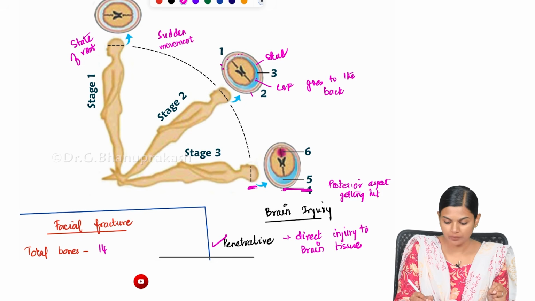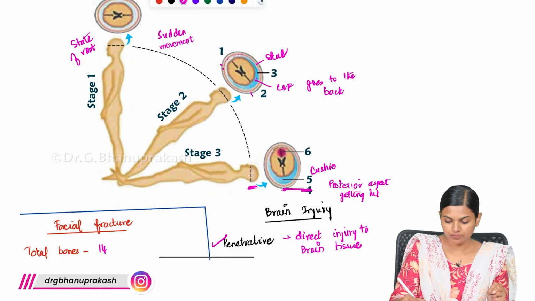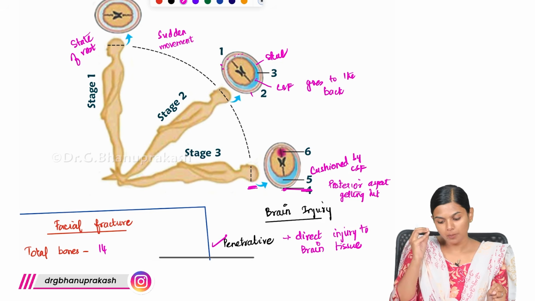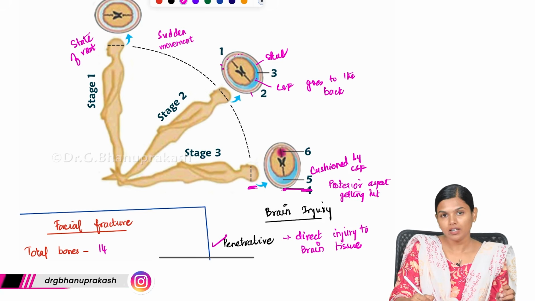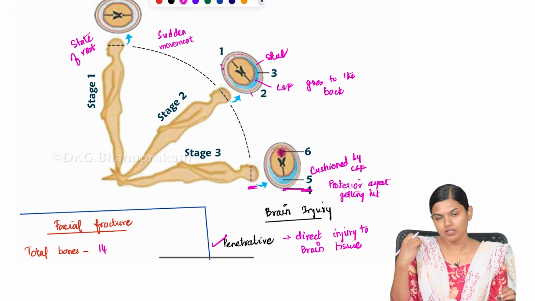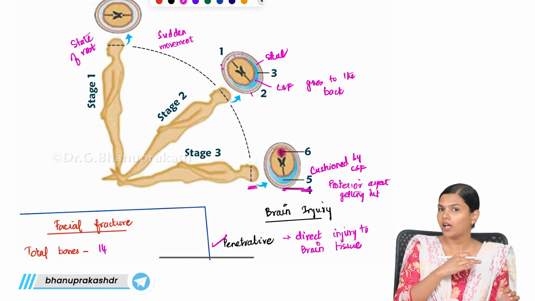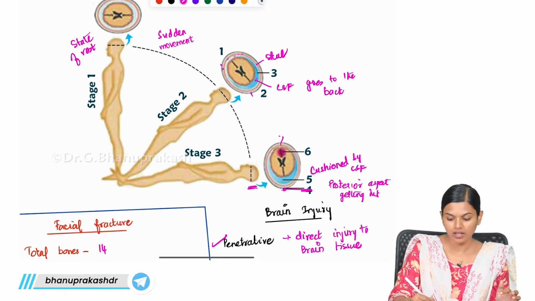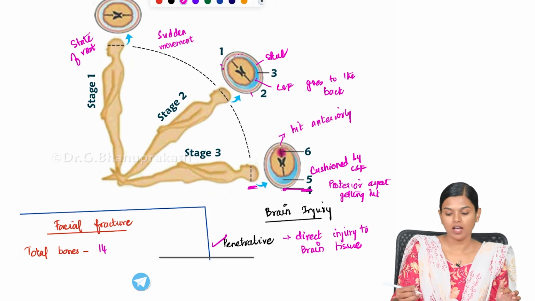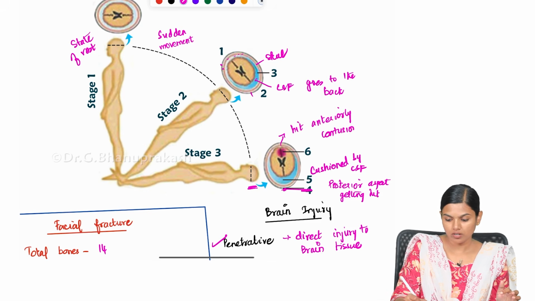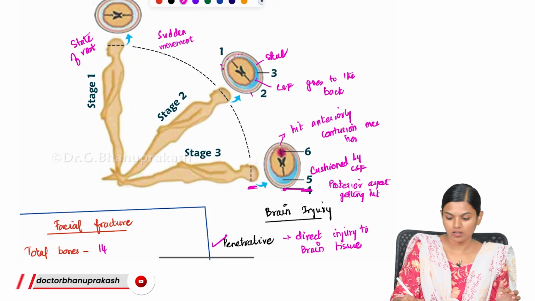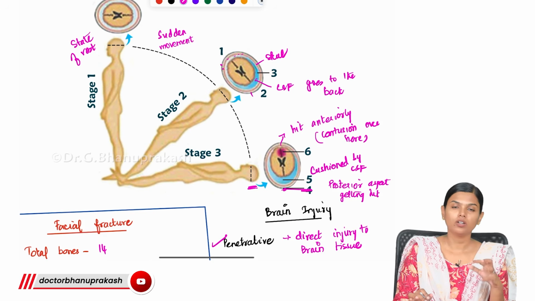But here the brain will not be impacted because it is cushioned by CSF. Posteriorly, there will be cushioning of the CSF. But the brain will go and hit anteriorly, because fluid will travel easily, but the brain will take some time to travel. So because of that, anteriorly you will not have any CSF and the brain will hit the anterior part. Hit anteriorly and you will get contusion over here. So this is the contrecoup contusion.